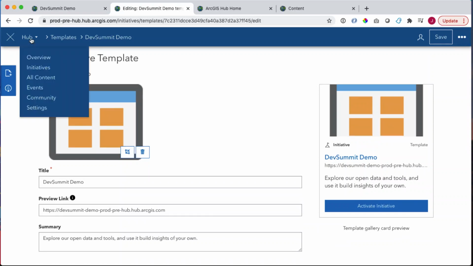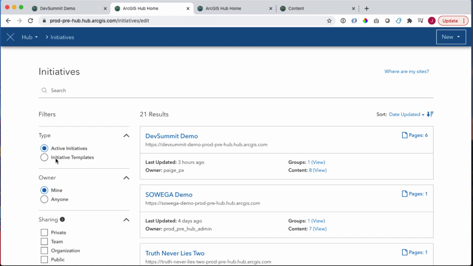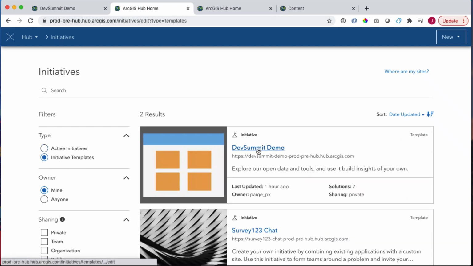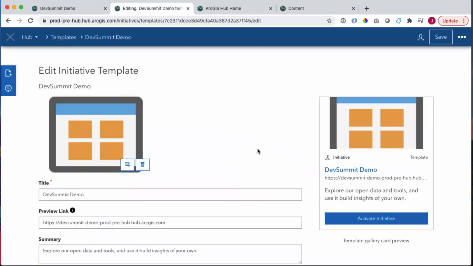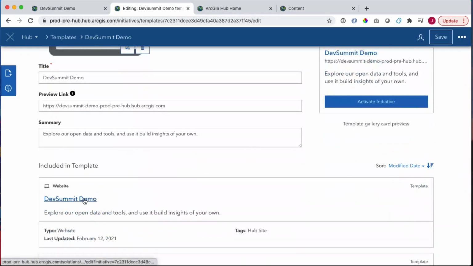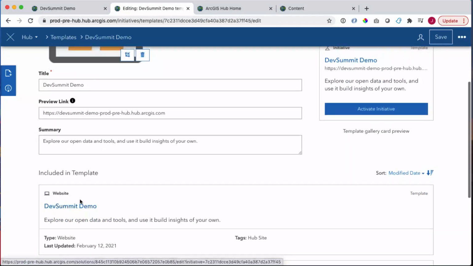If you want to come back here, it's actually not so hard to find. If you come here under your hub to your initiatives, you can get to your initiative templates by clicking this filter. So right now we're editing our initiative template. You'll see a solution right here. And this solution contains the website that we had and all of the other pages and items